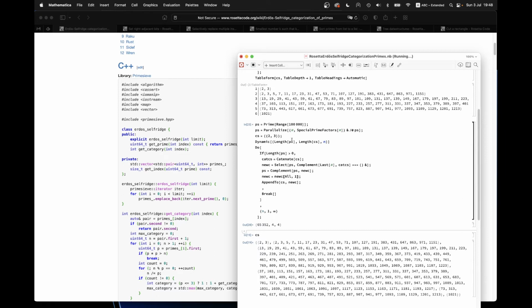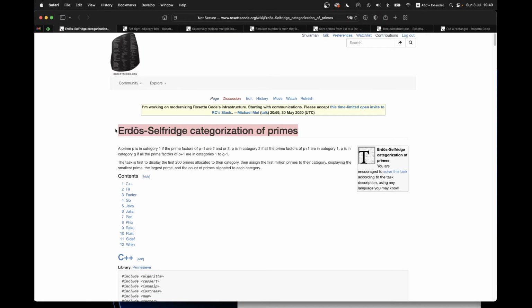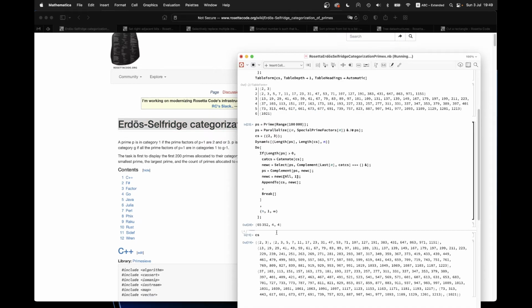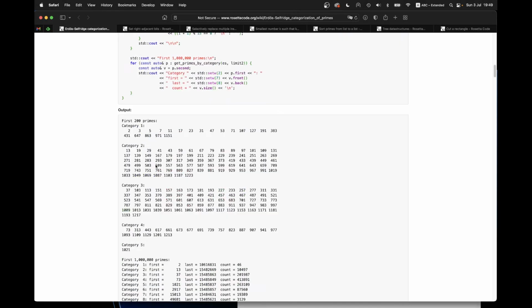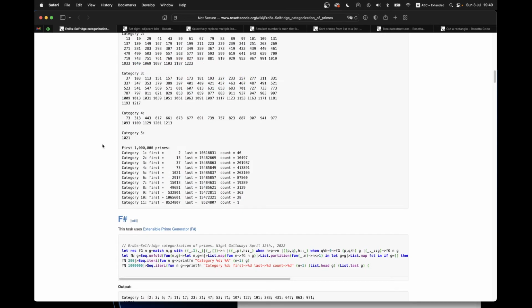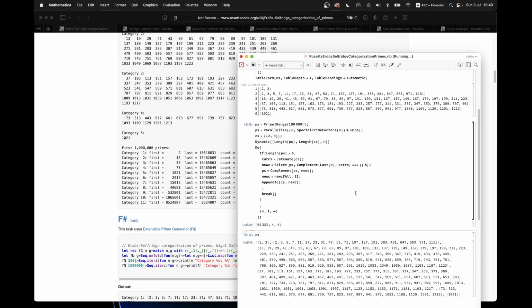So why is this so slow? I'm wondering. Is it the complement that slows everything down so much? Because I do a complement for each PS. I'm not sure if we can do this in Mathematica in a fast manner. I would guess that